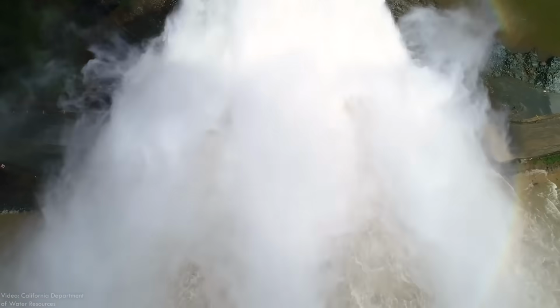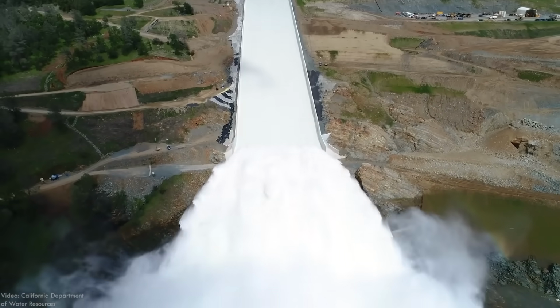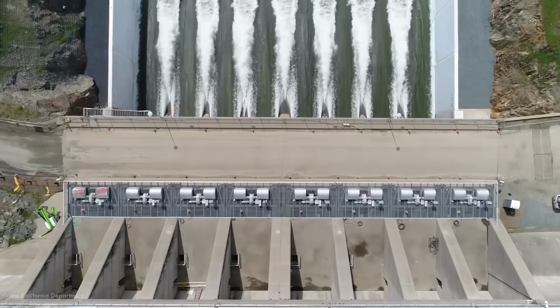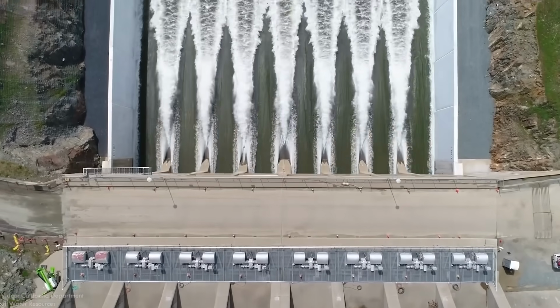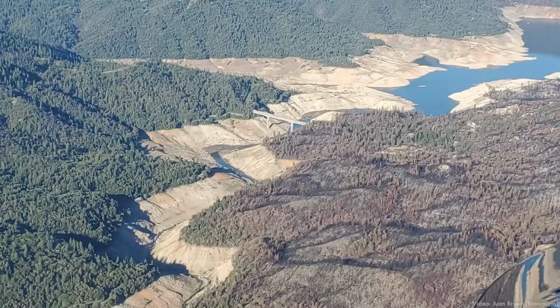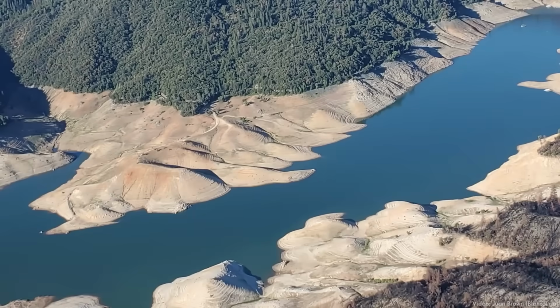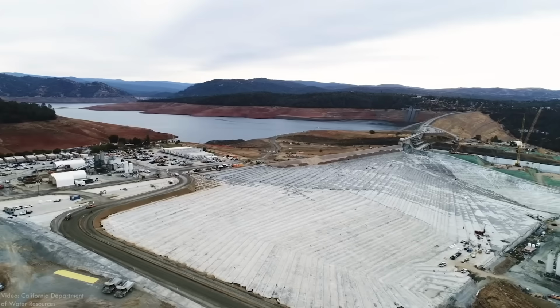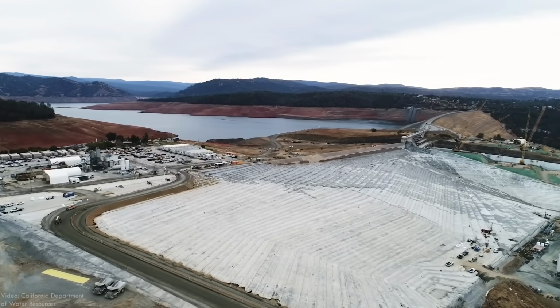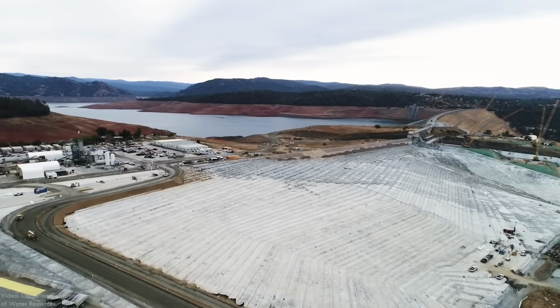I'm sure it was a tremendous relief and true joy for all the engineers, project managers, construction workers, and the public to see that one of the most important reservoirs in the state was back in service. As of this writing, Oroville is just coming up from historically low levels resulting from a multi-year drought in California. It just goes to show the importance of engineering major water reservoirs like Oroville to smooth out the tremendous variability